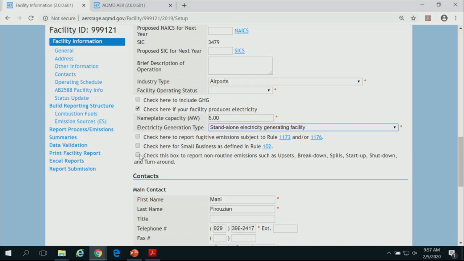Go ahead. So does it matter whether that generation from that solar array is something that you yourself in the business are using, or is it just there and going back to the DWP? Do you own it? No. Is it on your premises? You're leasing the land? Yes. I guess you can report it.